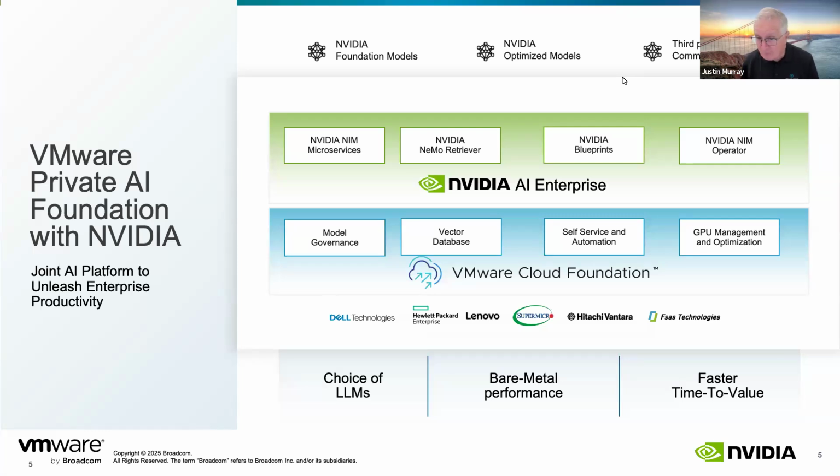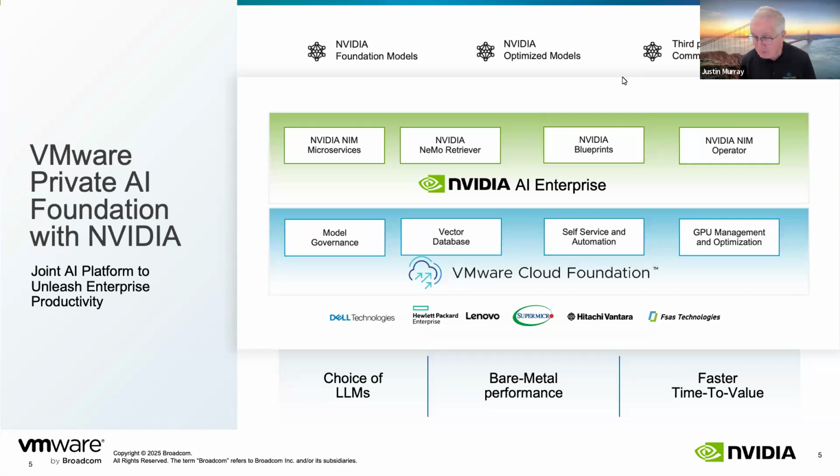What all of those, if you like, infrastructure pieces enable is the data science things at the top. These are NVIDIA components. So the assumption we make when we deploy VMware Private AI Foundation with NVIDIA is that you're also interested in using NVIDIA AI Enterprise, a suite of software from NVIDIA that's composed of various tools for the data scientists, like a runtime for their models, for example, a runtime for the large language models, which are going to be running on premises in this case.